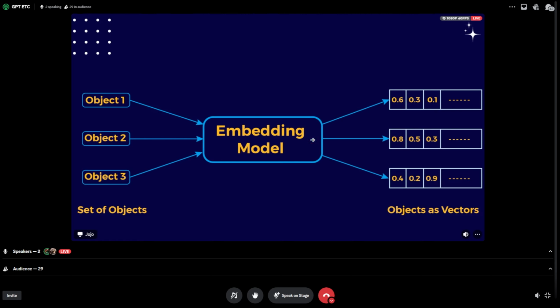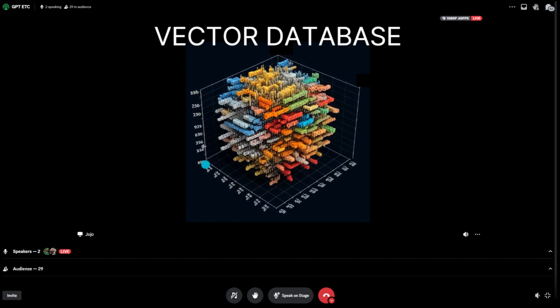Now, there are tons of these, and we'll look at the leaderboard in a moment, and we'll even go through some coding examples of them. But essentially, what happens here is that objects or strings or images go into the embedding model, and what we get out are these vectors, which are essentially just a list of numbers. And the cooler thing here is that we can represent these vectors in a multi-dimensional space that looks something kind of like this. And the main idea is that similar words will be closer together, such as man and woman, because they're both